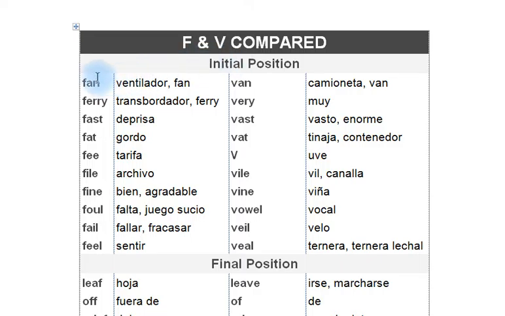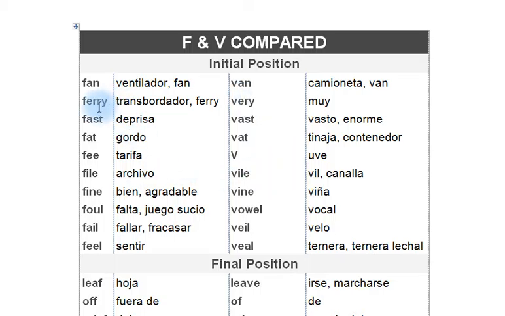As you can see, we have a list of words that also have the translation. This is very handy because you can build your vocabulary a little bit with all of these words where the only difference is that V or F sound. Be very careful and make sure that you do either one properly. Otherwise, you might be saying one thing or the other. So let's start with fan,